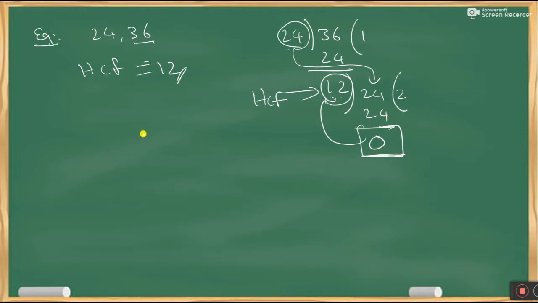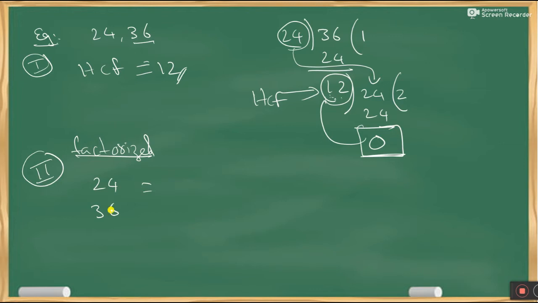Okay. Now there is one more method. So this is the first method. There is one more method of finding the HCF, and it again uses the factorized form. First convert the given numbers 24 and 36 into factorized form. And if I'm not wrong, we already have this. So 24 can be written as 2 cube into 3 power 1, that is 8 times 3 is 24. 36 can be written as 2 square into 3 square. The factorized form, as I already told, is nothing but the product of powers of prime numbers.